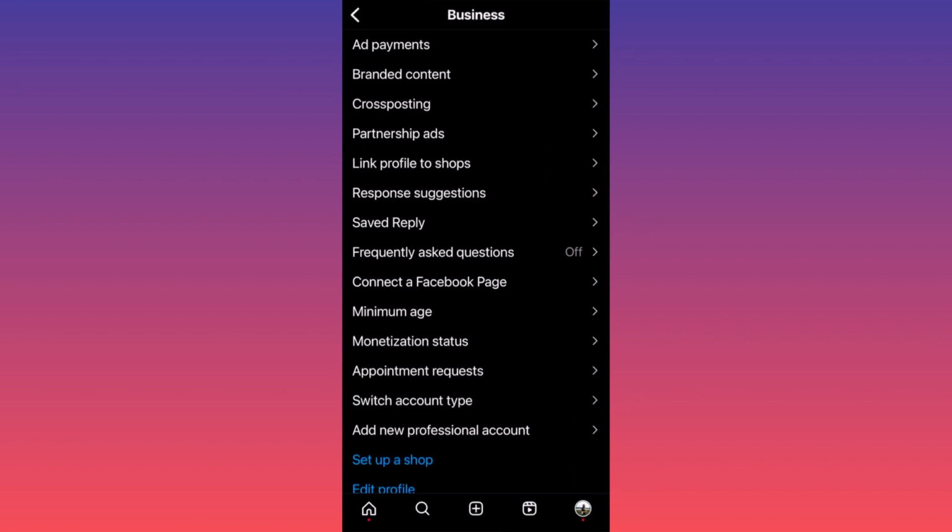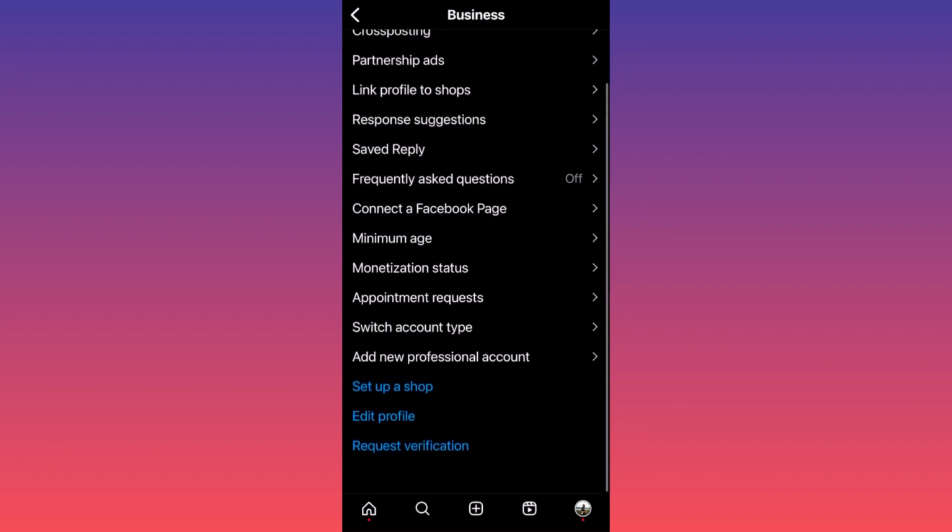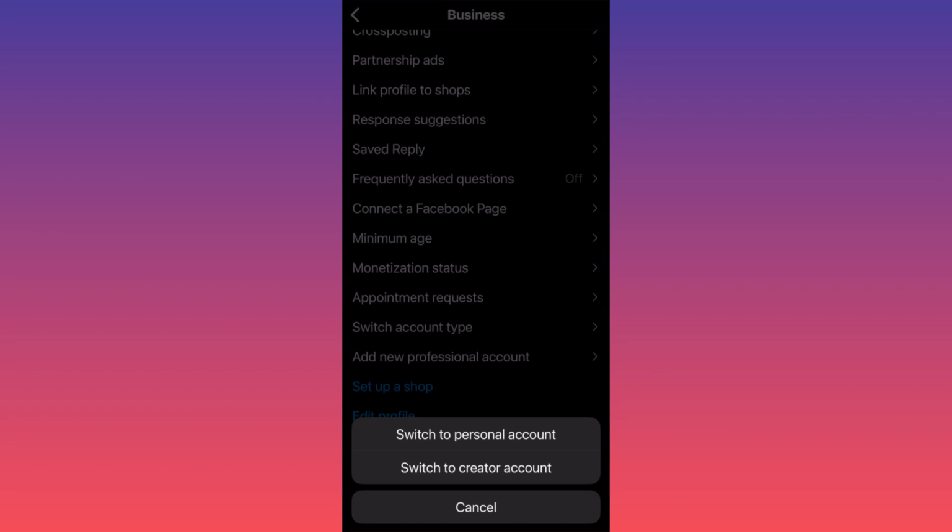Now guys, this is where the magic happens. I want you to pay very close attention. I want you to scroll all the way, almost to the bottom of the page, and I want you to click on switch account type. This is where you will be able to switch from your current business account back to either personal or creator